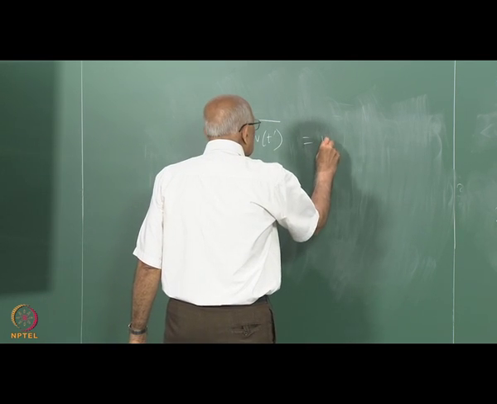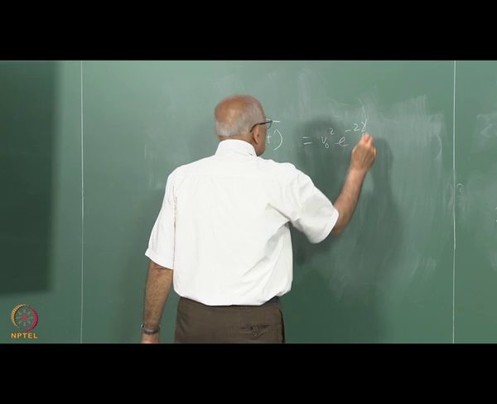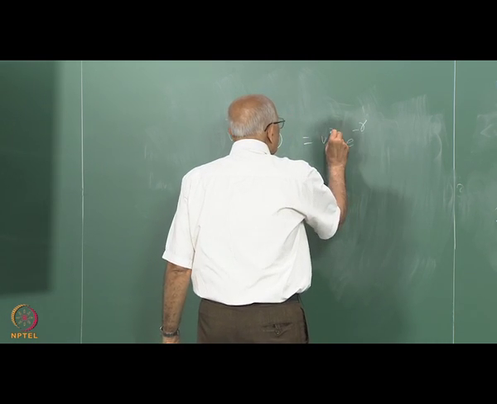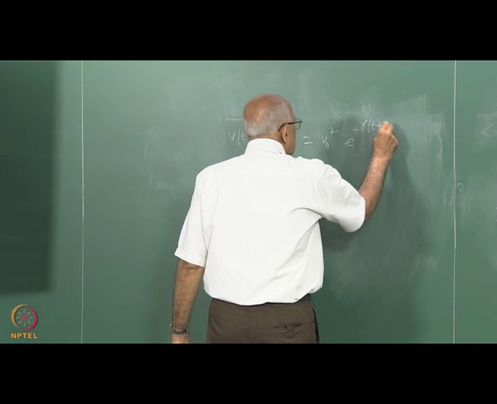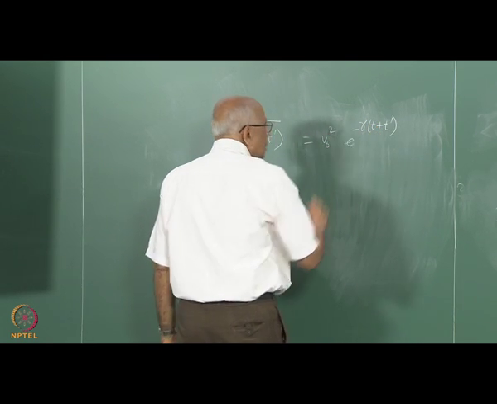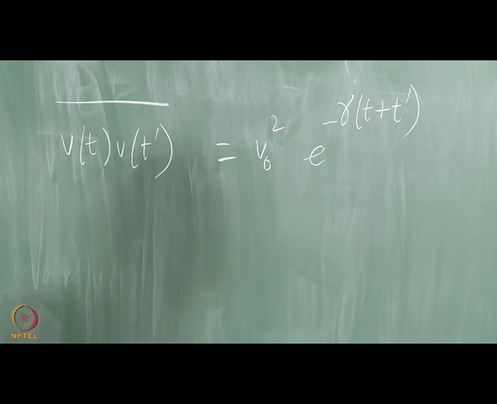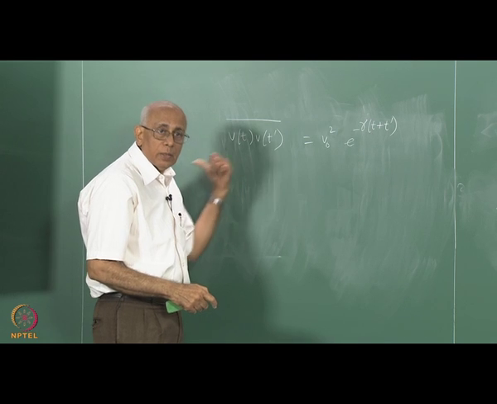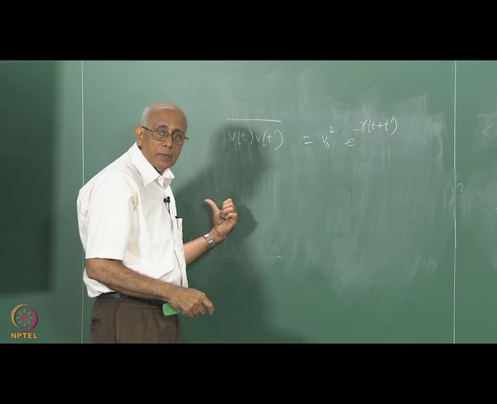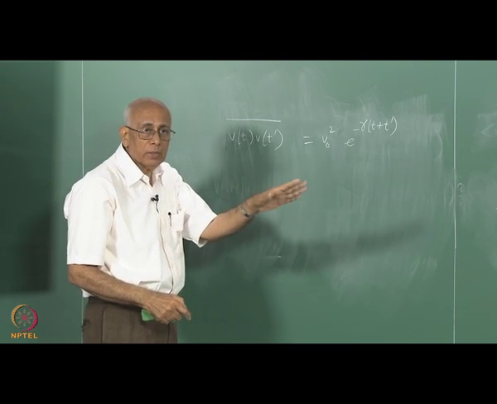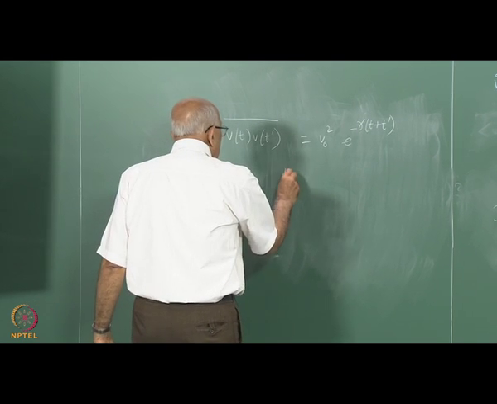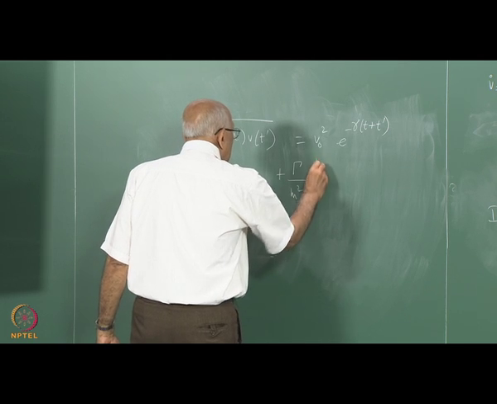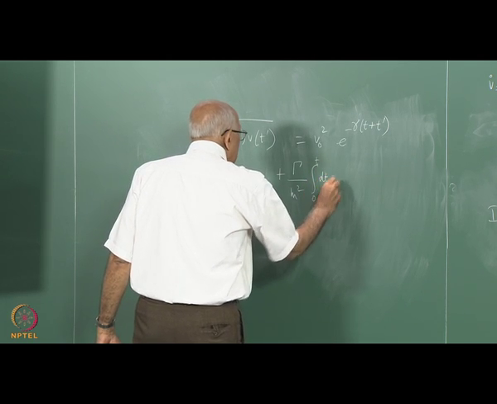So there is going to be a v naught squared e to the minus gamma (t plus t prime). Those would be the first terms. Then there would be one term where you have a v naught term multiplying an eta of t2 say, and then a v naught multiplying eta of t1. Those averages go away, and then you are left with plus gamma over m squared integral 0 to t dt1